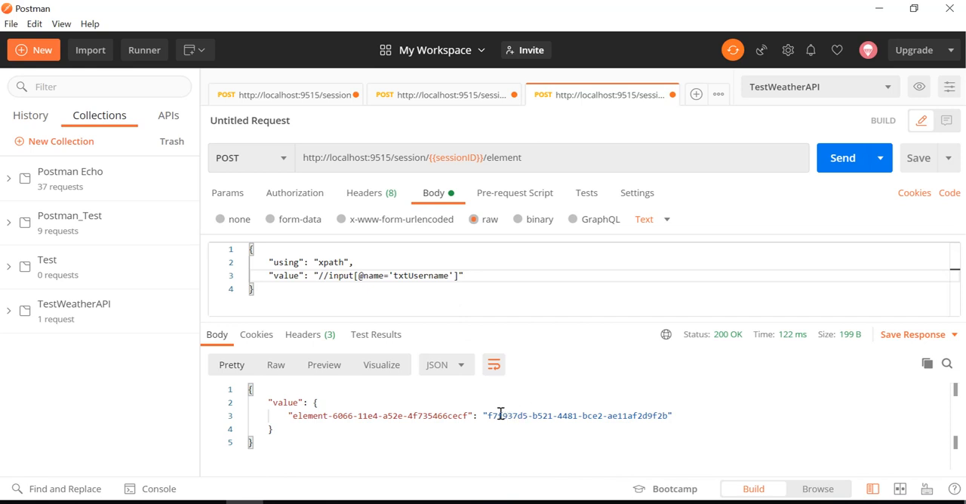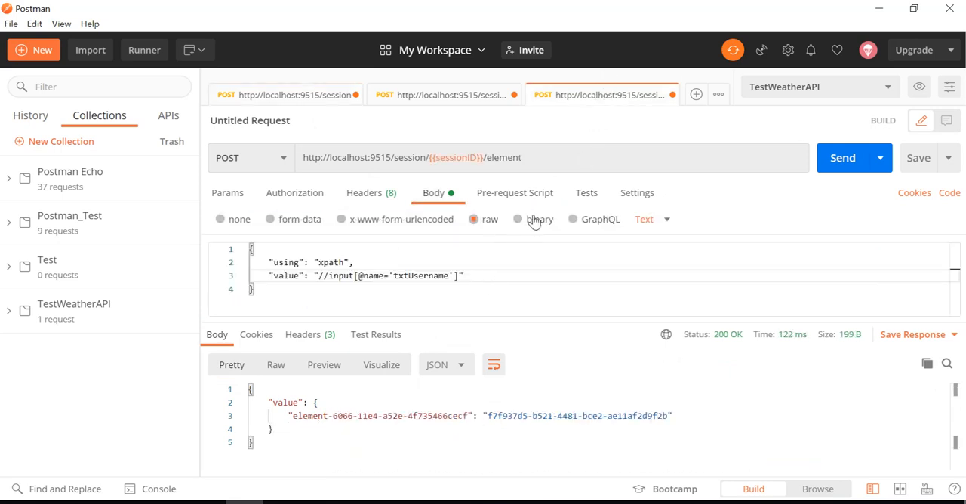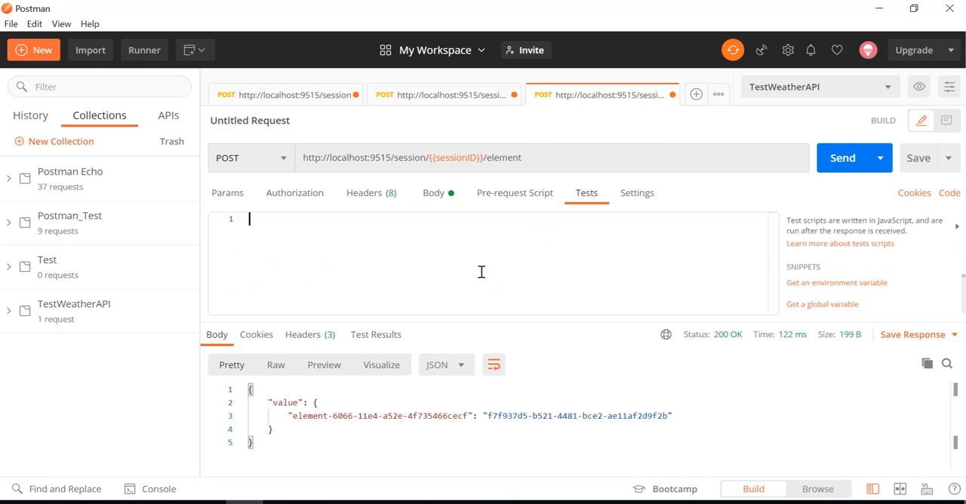So let me hold this in a global variable. This is the piece of code, and let me go to the test. Let me paste here, and this is coming from value, right? Okay, so this is the key I'm going to pass here,